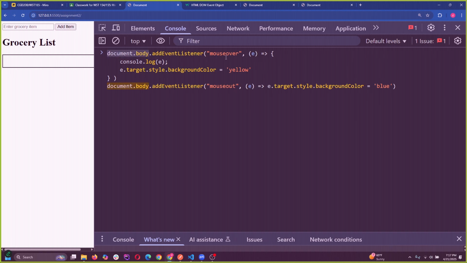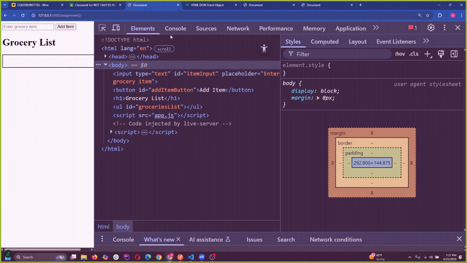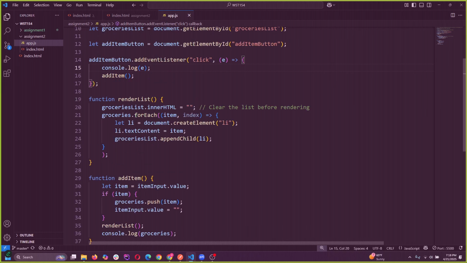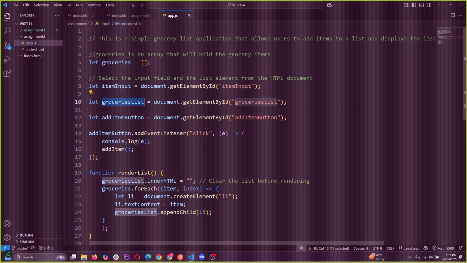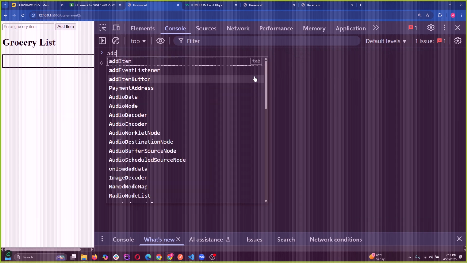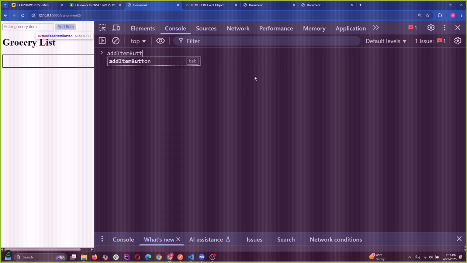Instead of document.body, now I have to actually use one of those methods to get the element. But then again, we already did that in here, right? We already have item input, groceries list, and add item button. If I check add item button, we already have it,